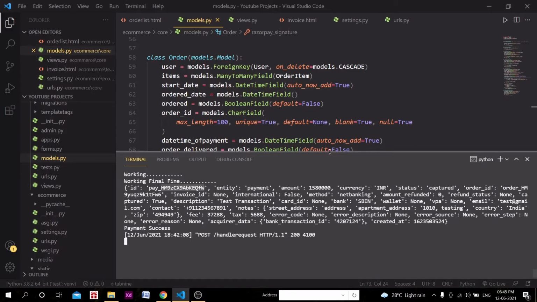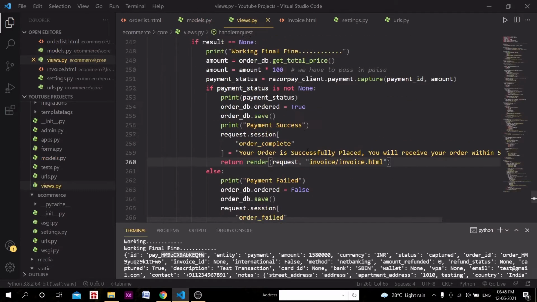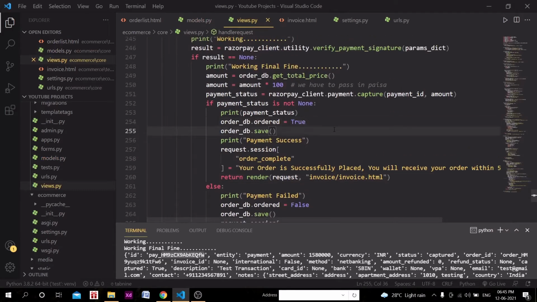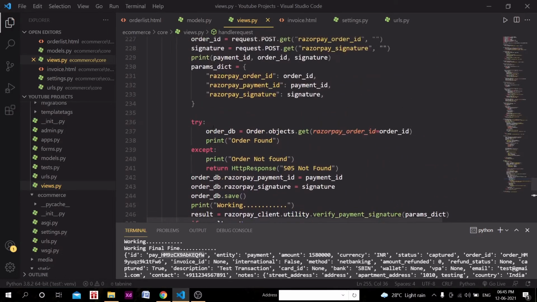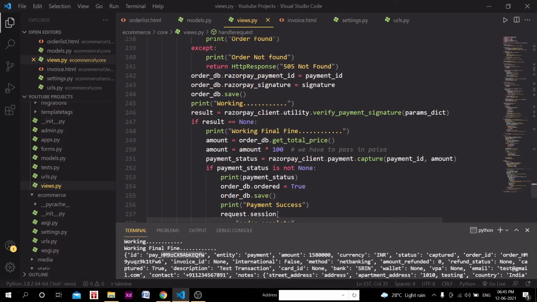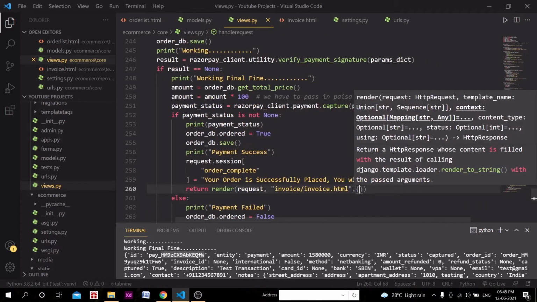So what I'm going to do here, in the views.py file, we were doing the order db.order.true and order db.save. We were grabbing that order db object actually. Now what we will do here is pass the context dictionary like this.